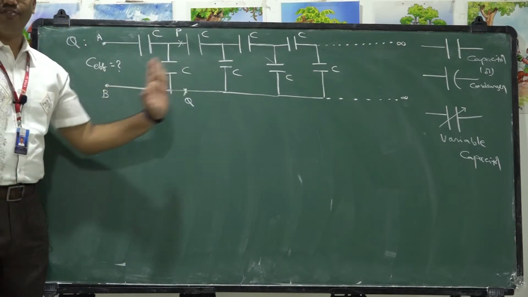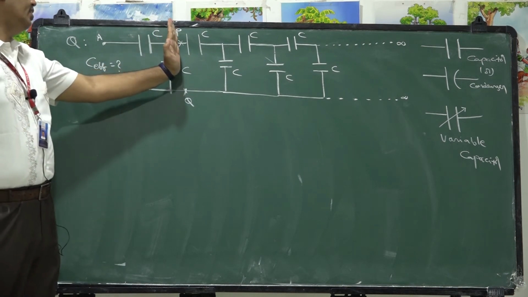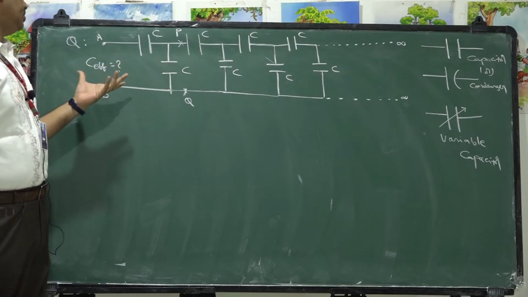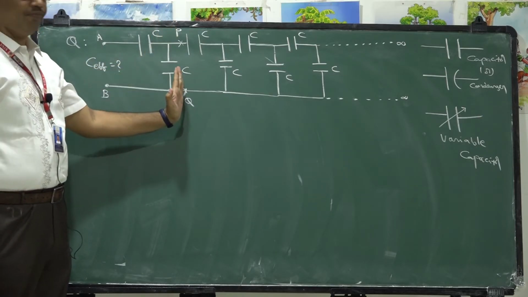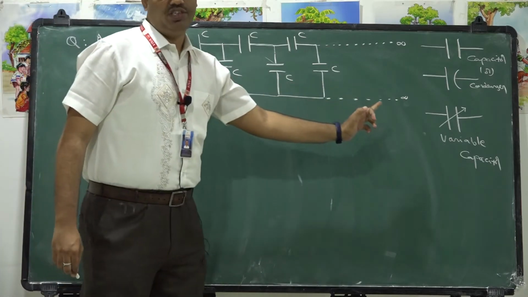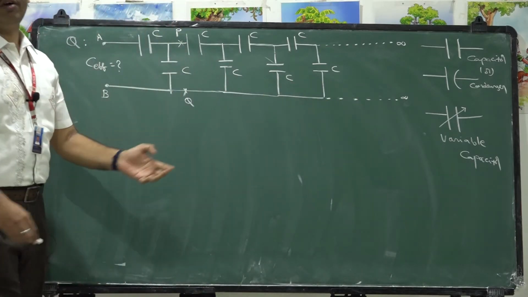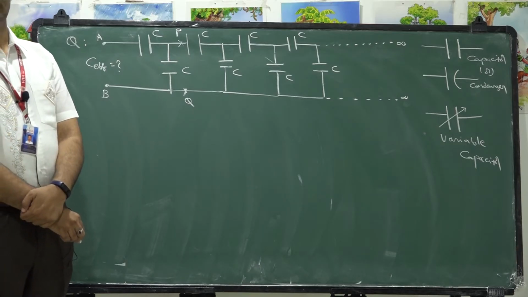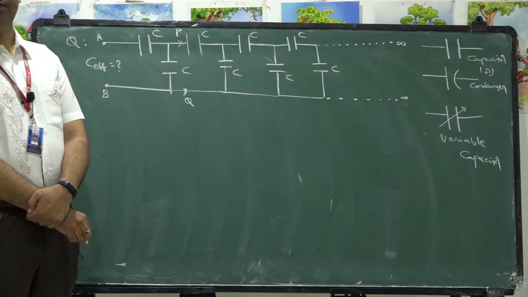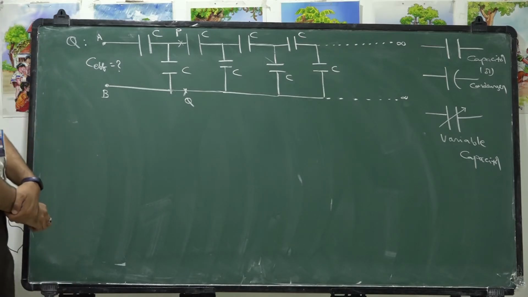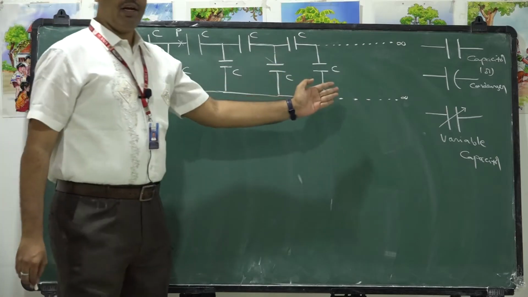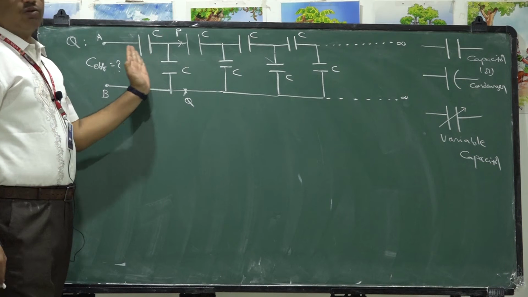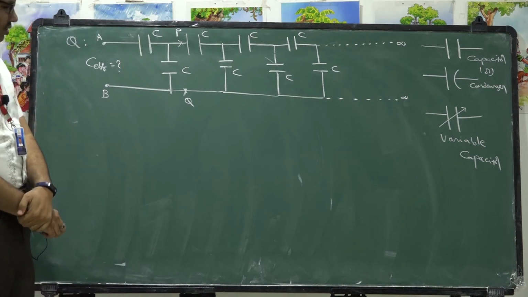It is an infinite network. If I cut a branch of this infinite network, that means if I cut at PQ, the capacitance will not change. From ocean of water, if we remove a bucket of water, nothing will change. The volume is not going to change. The change in volume is negligibly small. Similarly, from an infinite ladder, if I remove a particular branch, it is not going to alter the effective capacitance.